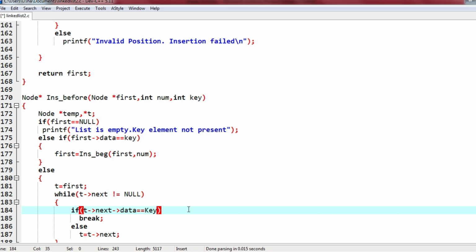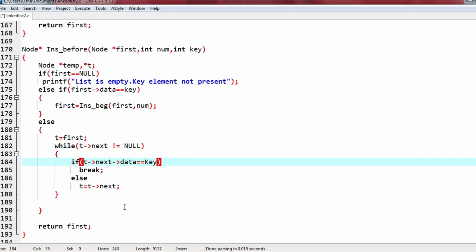And when I come to the next line, that is out of the while loop, there might be two situations when I have come out of the loop. One is t next has become null, or the next data is there. Okay, in the next element we have key, so in that case also we come out of the loop so that insertion happens.